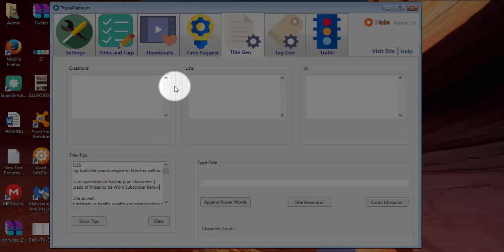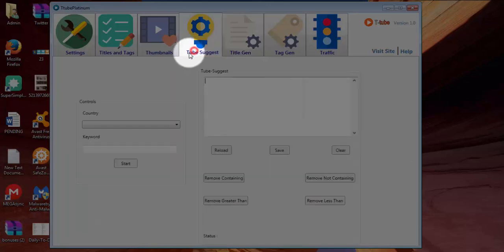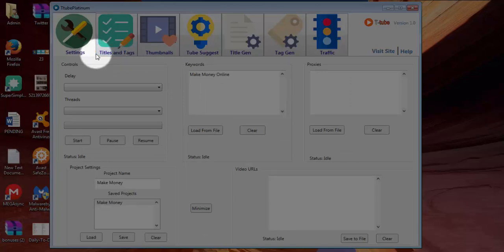There are two ways you can go about harvesting titles. The first is to directly use the Tube Suggest feature and get all the search terms that people are using in YouTube itself. The second way is to harvest all the titles from your competitors' videos.